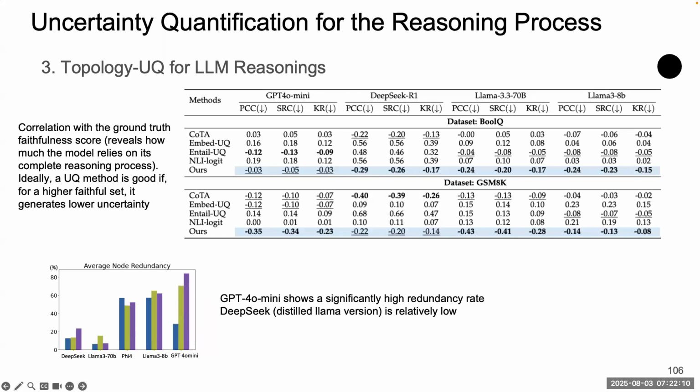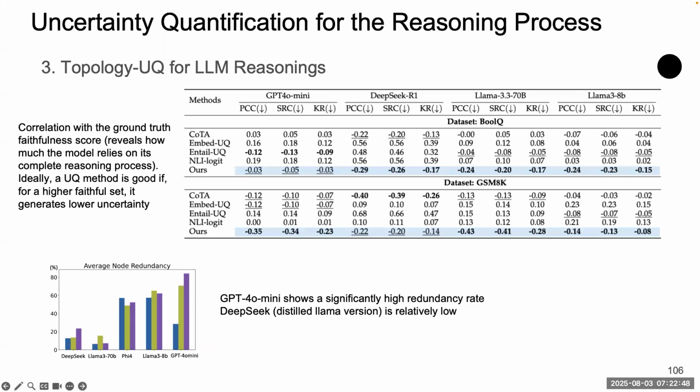Instead they just compute the correlation with faithfulness, the ground truth faithfulness score, which reveals how much the model relies on the complete reasoning paths. The values in the table reflect the correlation between uncertainty and the ground truth faithfulness. So the more faithful the LLM performs, the less uncertainty it should have. And so for the UQ method, we can observe a more negative correlation for a